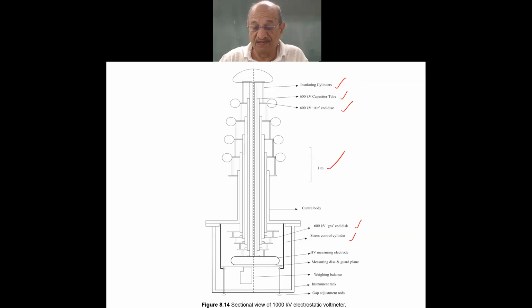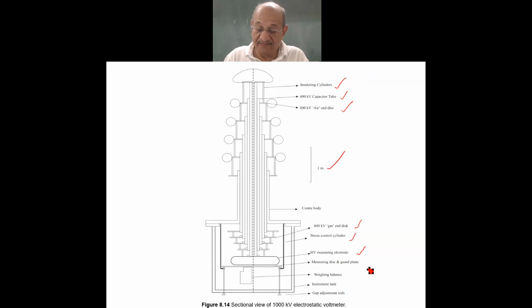At such high voltages, you have to control the electric stress wherever the voltage is going. So the high voltage measuring electrode is shown, and then the measuring disk of